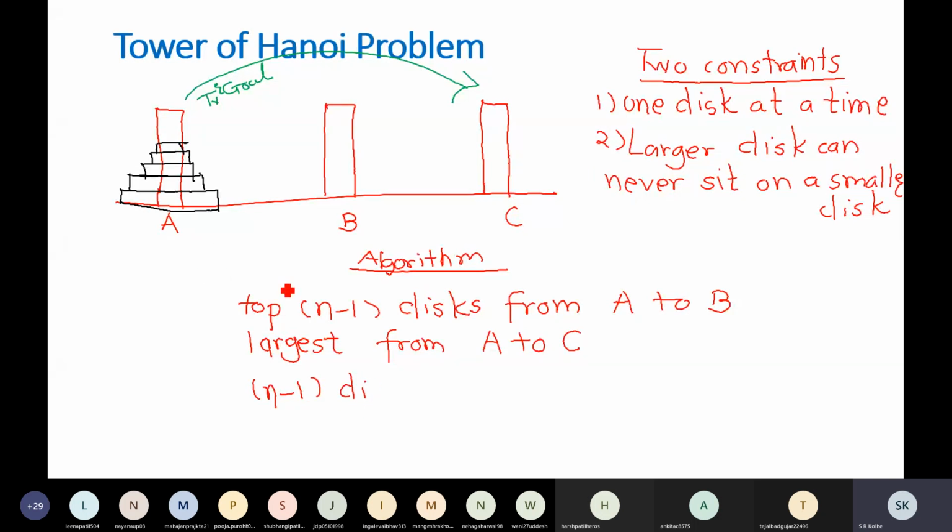So A can be used again. A and B can be used for that purpose. N minus 1 disks, move them to pole C. So you will find out to implement these steps, if you implement it with recursion, easily you get the solution. A very small piece of code is required to implement this algorithm. Okay, these are the major steps that you are going to perform. Now our job is to represent this in the form of an AND/OR graph.